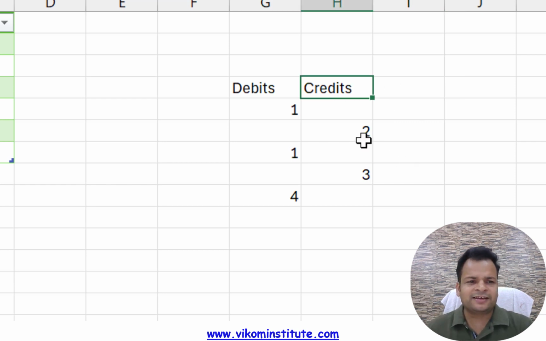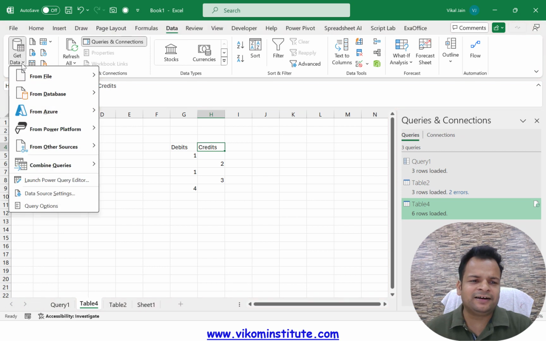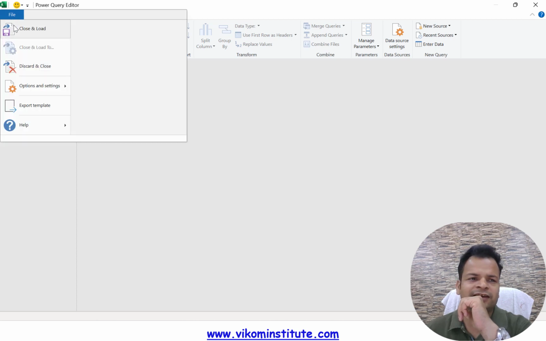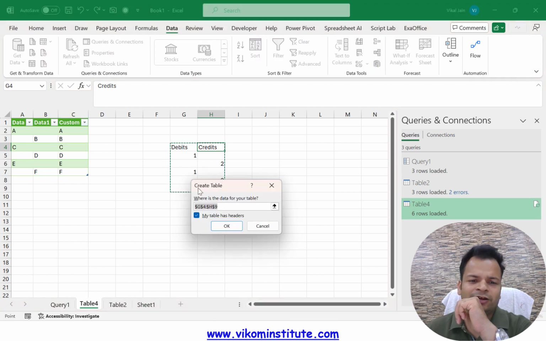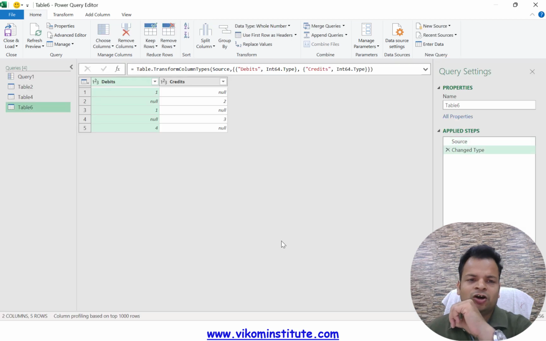So select this, go to the data tab, get data and launch the Power Query editor. We have now selected our data, so we need to close it once again. Discard and close. Now select From Table/Range, OK. Now my data has loaded.